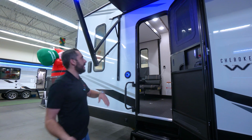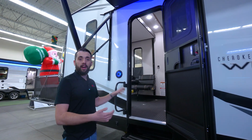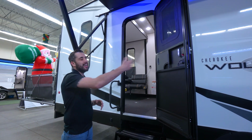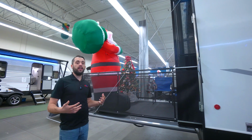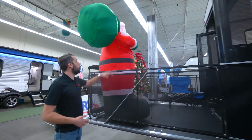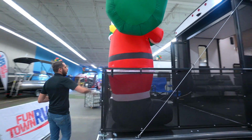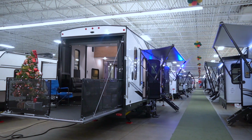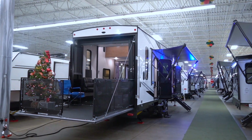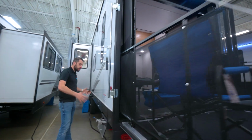This is our second entry door. So if you just need in your garage to get to that toy or whatever it may be, you're able to do so without actually having to walk all the way through the camper. As we continue on, whenever we get inside, you'll see it a little more, but right now I got my big guy right here, Santa Claus, coming to see us on our rear patio. So see how much space is around here, guys? Tons of room. As we continue on around the side, you'll notice right here is going to be my fueling